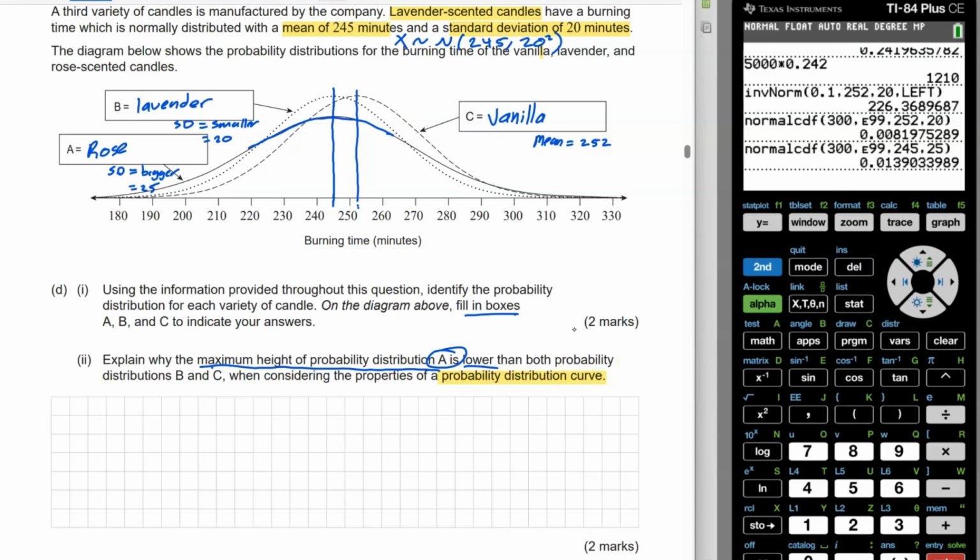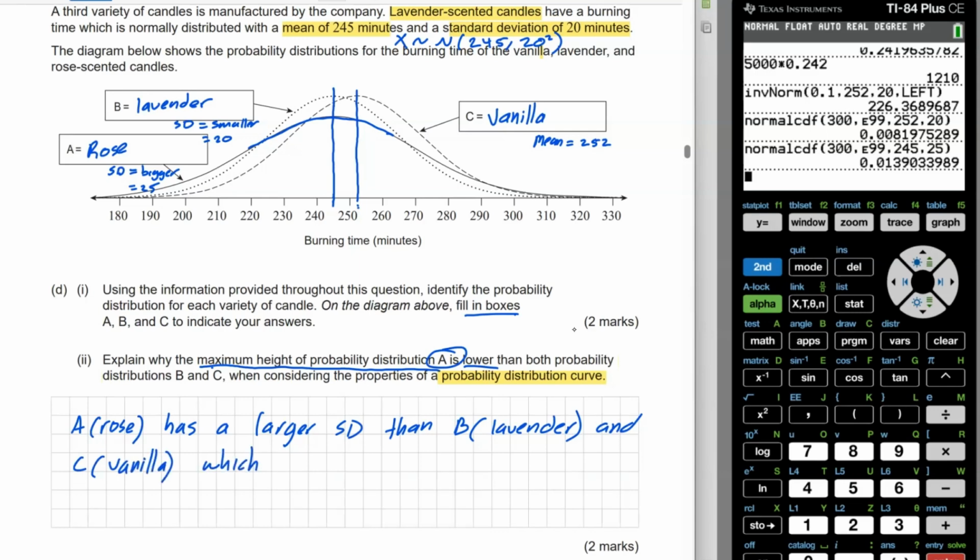So we're going to say something like this. So we're going to say that A, which is my rose, has a larger standard deviation than B, which is the lavender, and C, because we had to talk about both, which is the vanilla,